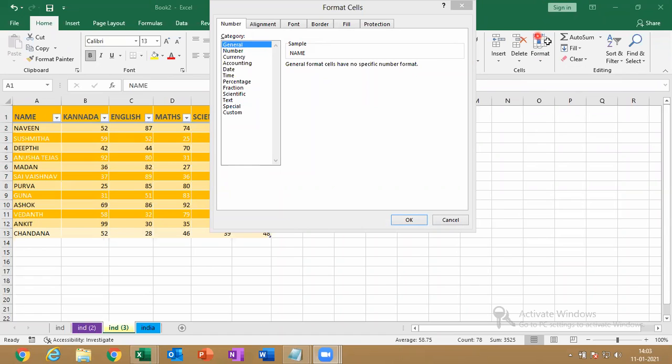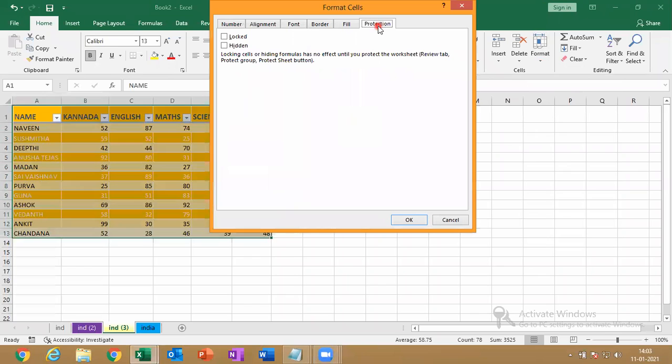Yes, we can do Control A also. Now select that, go for the last option. See here, last, protection. It is already locked, so for you, just unlock it like this. Give OK.